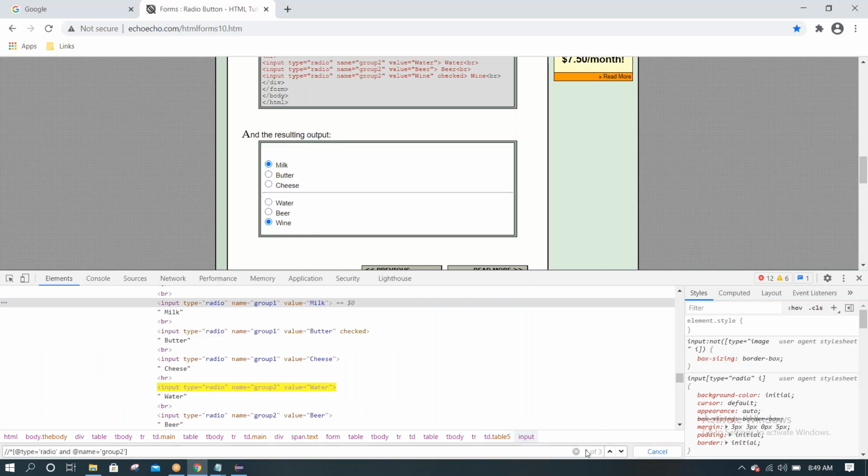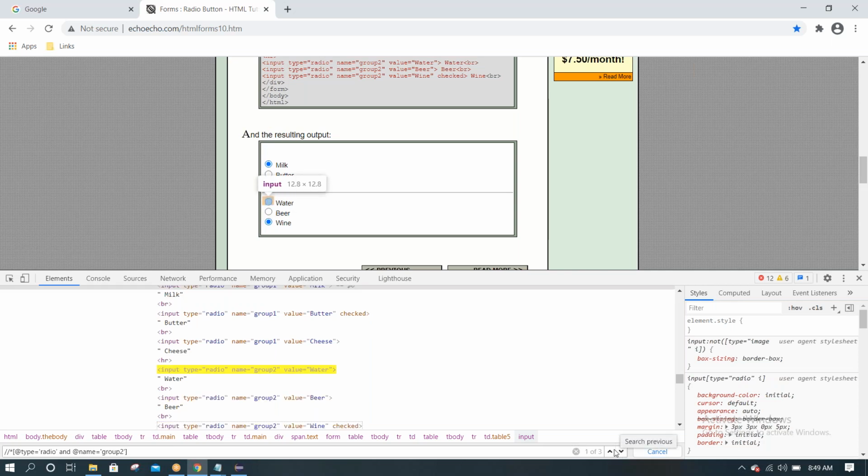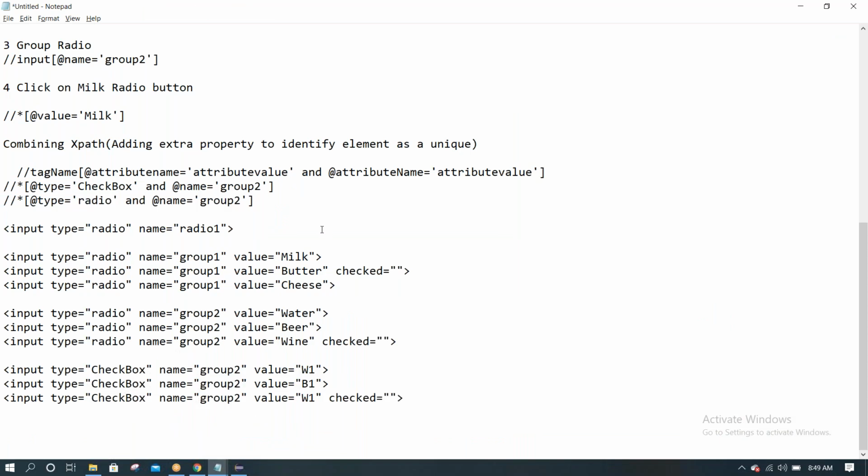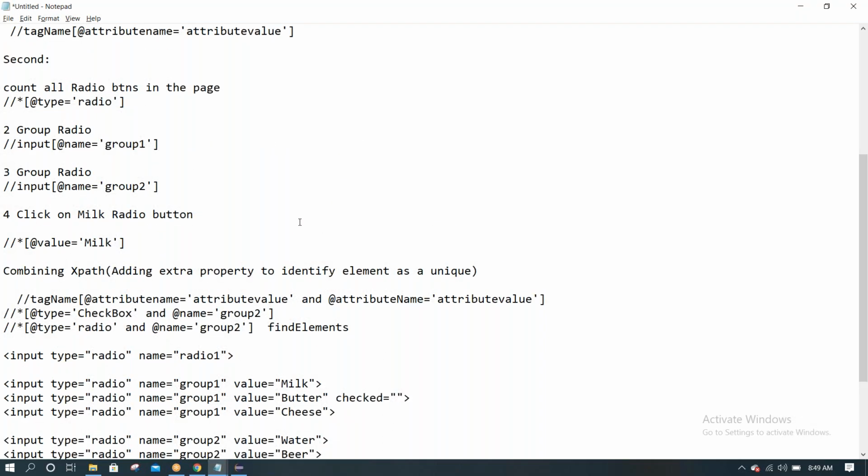See, only 3 elements. Okay, so to work with the group of elements, we need to use find elements. We will see how to write a program for this. But in some cases, like click on a radio button, we can use like this.